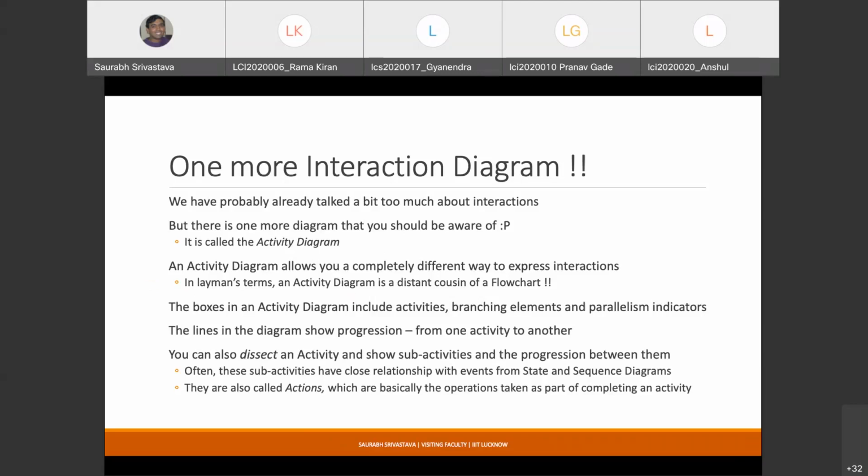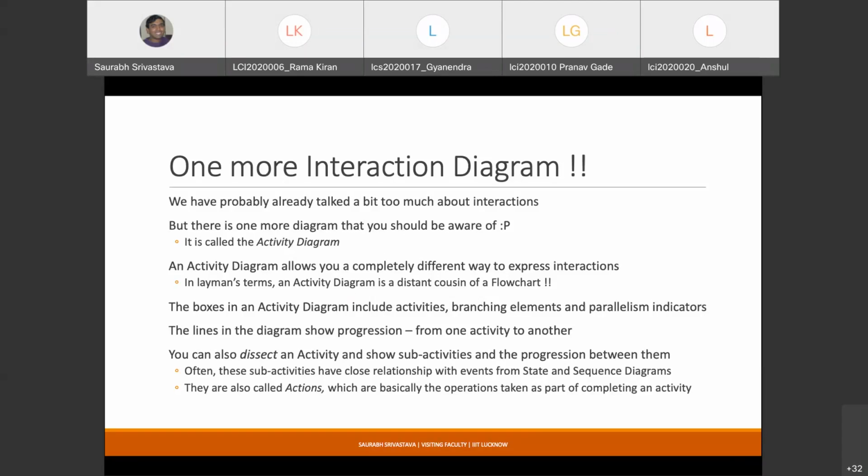Why? Because the activity diagram tries to focus more on the operations that your system performs, and then it shows how these operations are performed at runtime. So you typically create one activity diagram for one end to end operation. In many cases this end to end operation also means one use case.